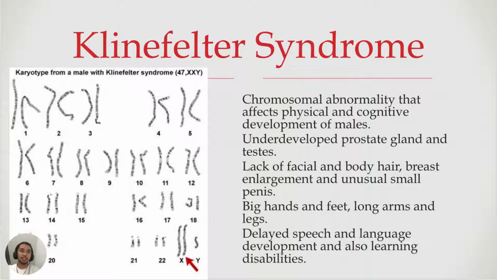So that's Klinefelter syndrome. The unusually small penis is because of the extra X, which of course contributes to the level of female hormones released in their system. Big hands and feet, long arms and legs, and of course delayed speech and language development, and also